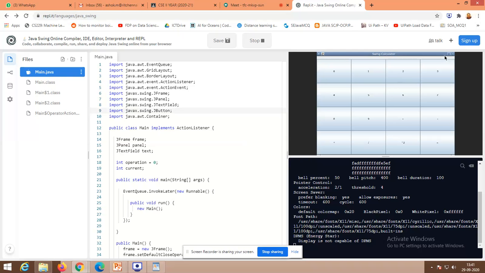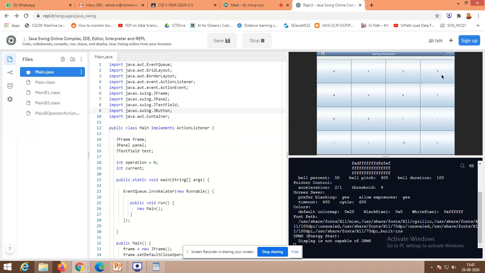The corresponding buttons are also ready to work. Minimize, maximize, close, everything will work, so nothing to worry about that. And the Swing logo will be given with your corresponding window. Not AWT. It will come with your coffee cup logo, the brewing coffee cup. That could be the logo that will come here.